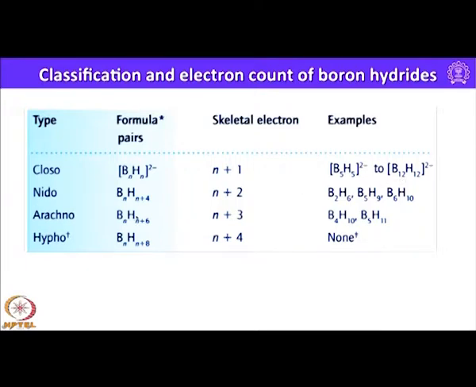Similarly, n minus 2 boron atoms will be arachno, and if we have n minus 3 boron atoms, that is called hypo. So, we do not have any example among boron hydrides for hypo type structures. Okay. So, I was telling about deltahedra. Deltahedral cages with 5 to 12 vertices are the parent cages used in conjunction with Wade's rule.